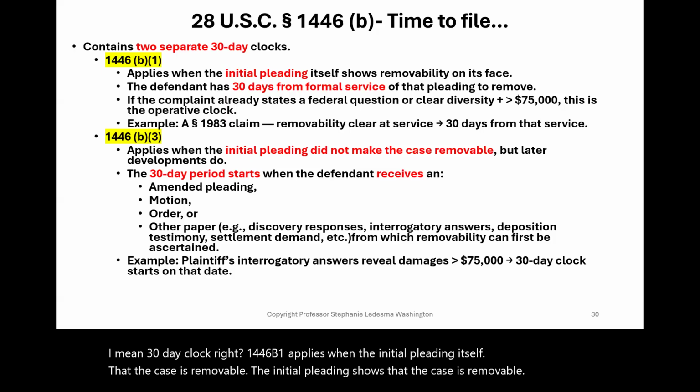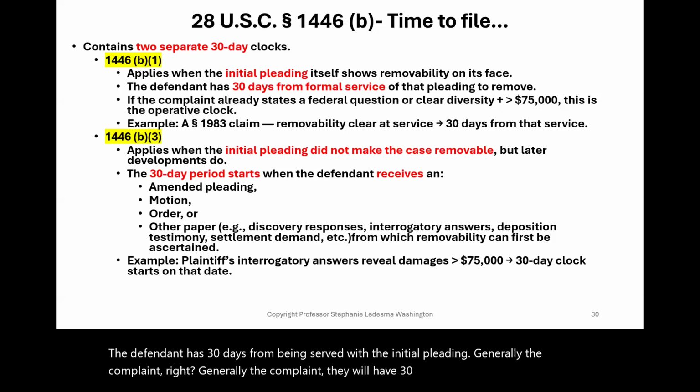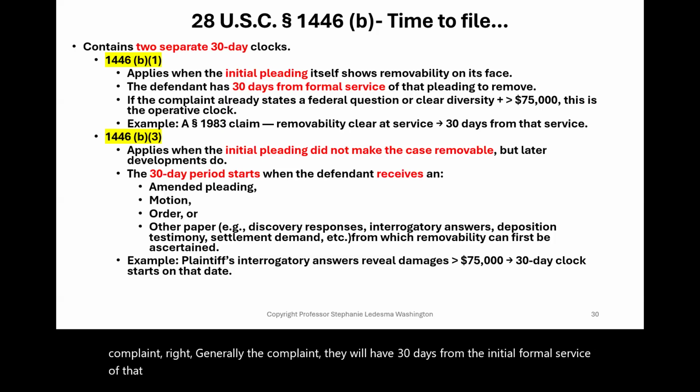The defendant has 30 days from being served with the initial pleading, generally the complaint, right? They will have 30 days from the initial formal service of that pleading to file a notice